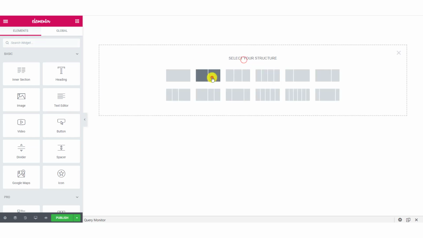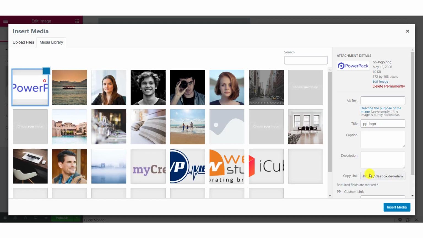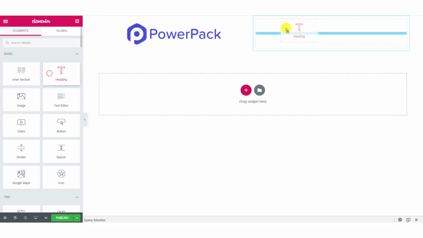If you want, you can use a header template or can design a header from scratch. Let's add a logo image and a heading.